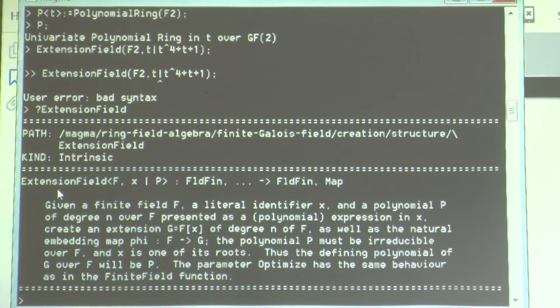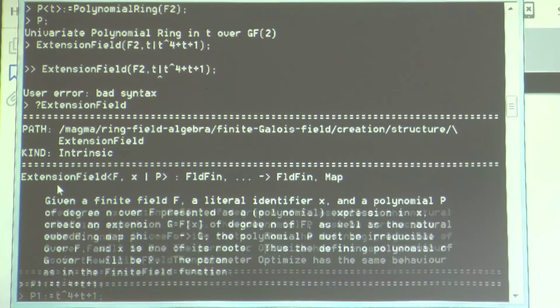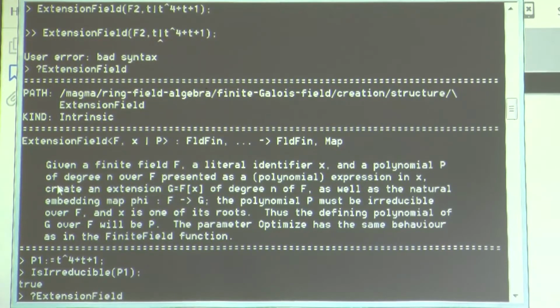Okay, so it should work, but I might have made f2 comma f. So, I can ask now, let us say, is irreducible the polynomial is, oh, I did not have a polynomial, that is the problem, correct. Let us say P1 equal to T4 plus T plus 1. So, I can ask is irreducible P1 true. So, now I can go with extension field and I will go here